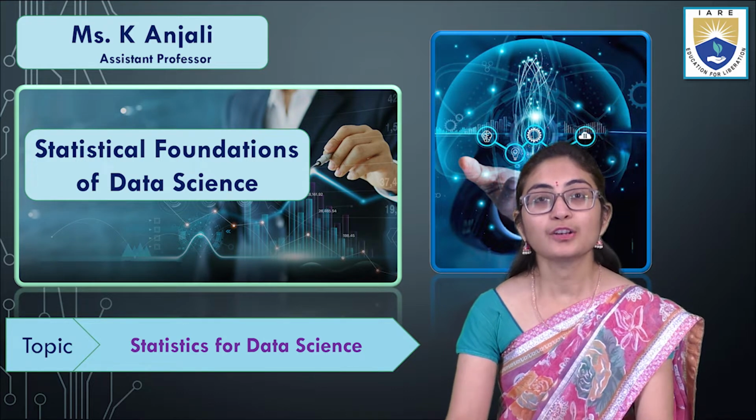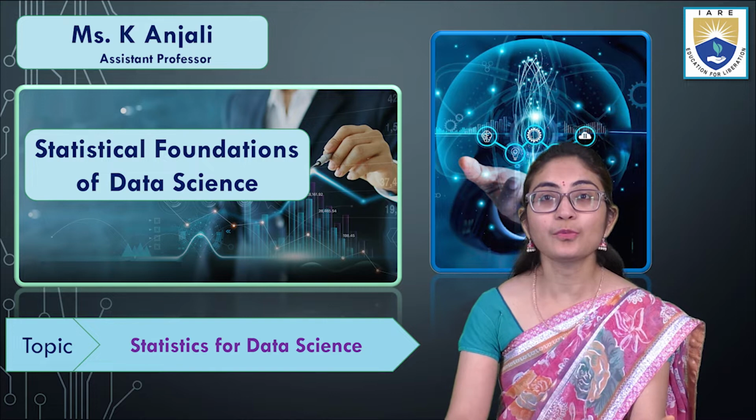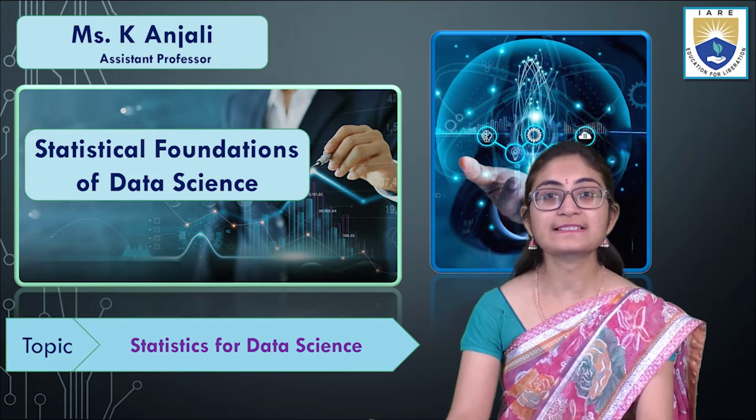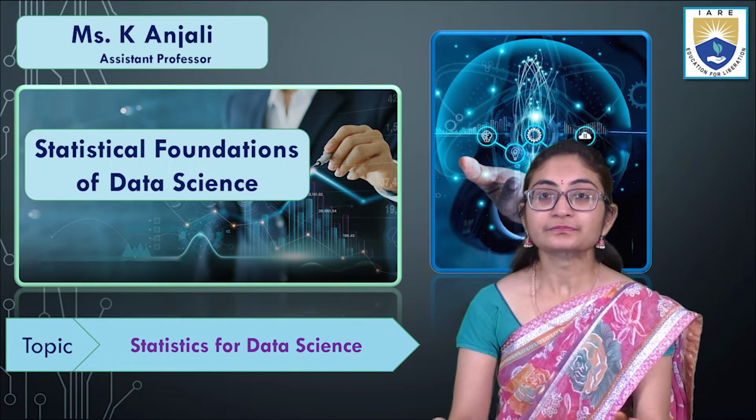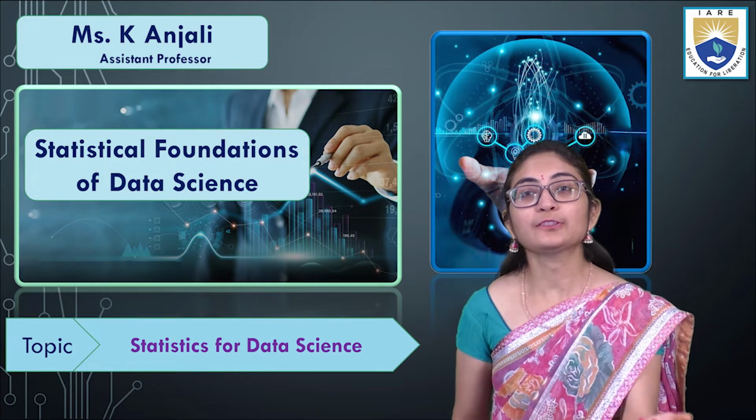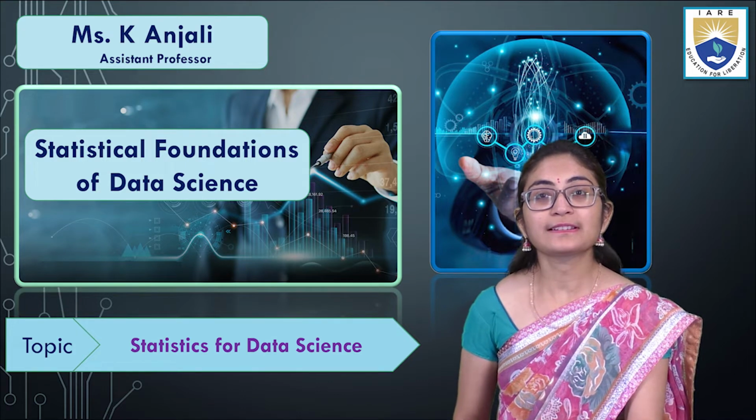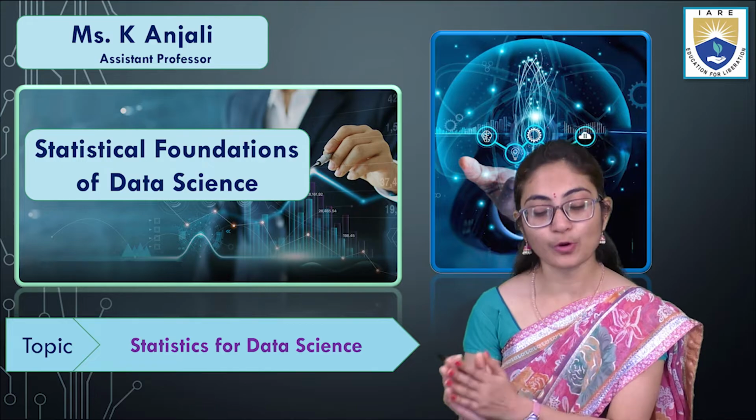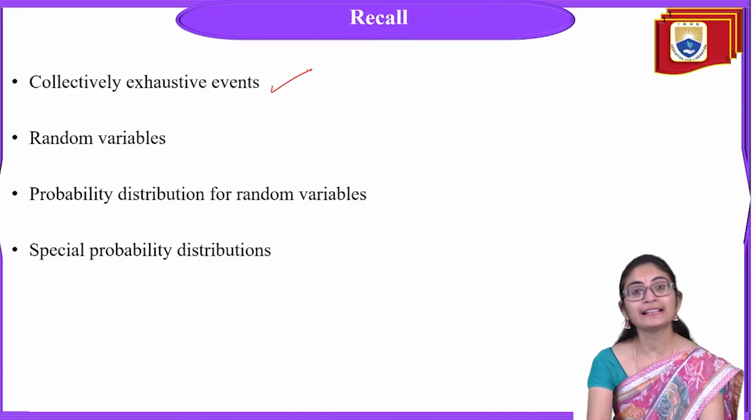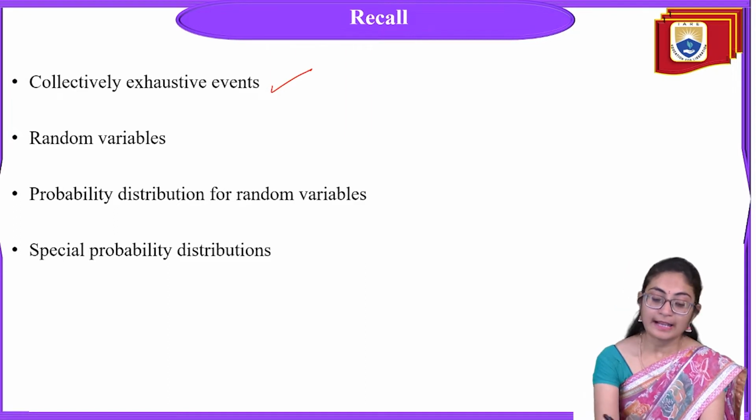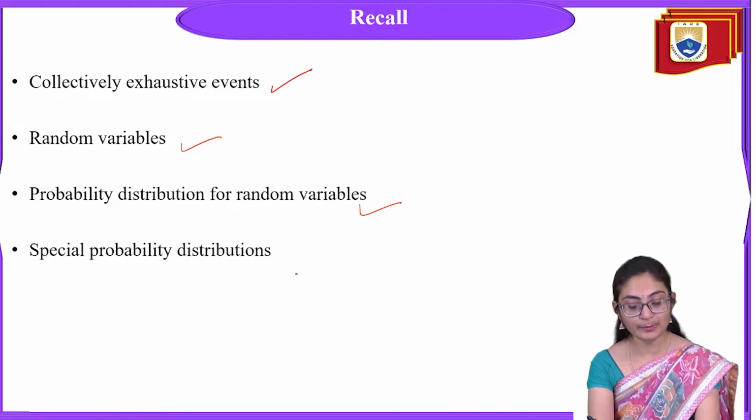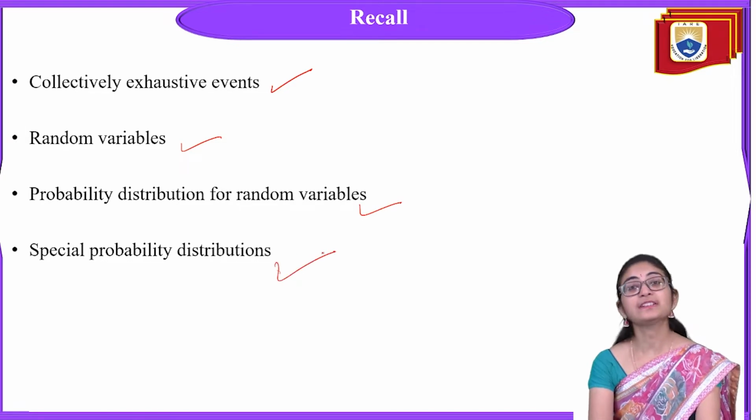In the previous class, we completed 2 modules and now we are starting the third module, Statistics for Data Science. Before moving towards our main topic, we will recall the previous class topics. We learned collectively exhaustive events, random variables, probability distribution for random variables, and special probability